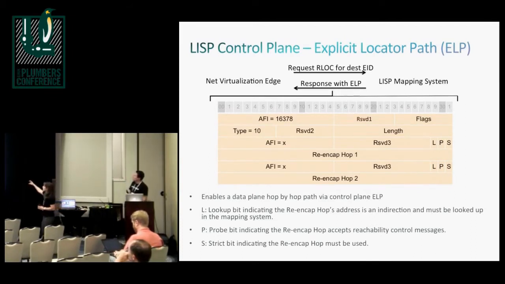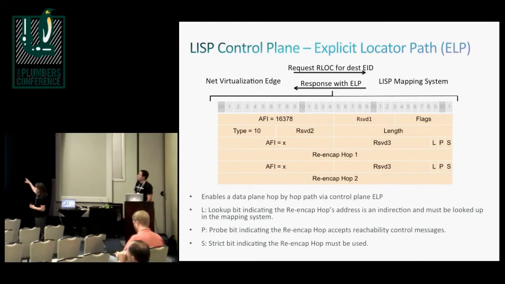Oh, so that's why we're specifying, so usually in the basic version, you would request the virtual address from the mapping, look up the virtual address in the mapping system, and what you will get is the physical address that virtual address is mapped to. So you'll look up a MAC address and you'll get the IP address of the virtual switch. Exactly. So what I'm showing here is not the entire response that you get. I'm just showing here the version where you get a path instead of just a destination.